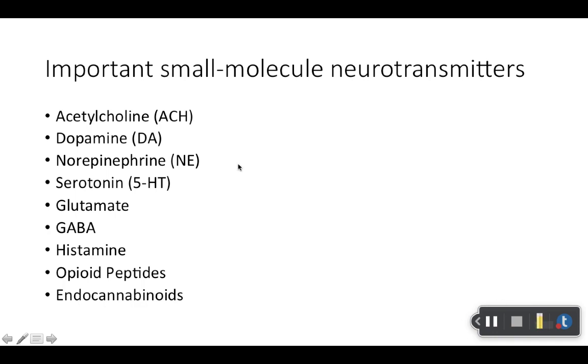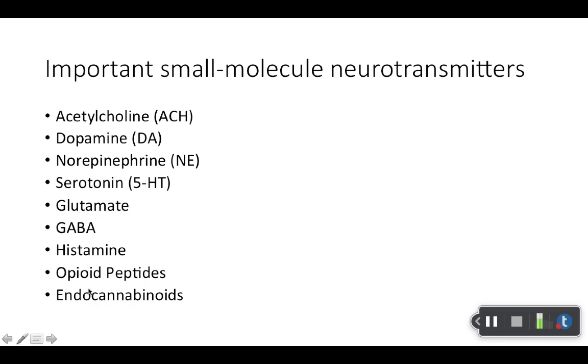Here's a list of things that you're going to see. These are chemical messengers, aka neurotransmitters. You're going to be seeing these for mechanism of action. Here are some abbreviations too, so pay attention to those. These are pretty intuitive. Serotonin's a little bit counterintuitive, so my apologies ahead of time. Sometimes I only write 5-HT, but just know that means serotonin. Those are interchangeable. For testing purposes, I try to spell it out and make sure serotonin is on there. However, you will definitely see 5-HT for mechanisms of action, so please make sure you have that linked.